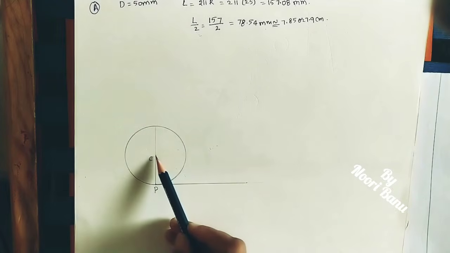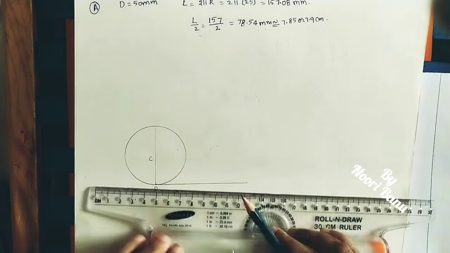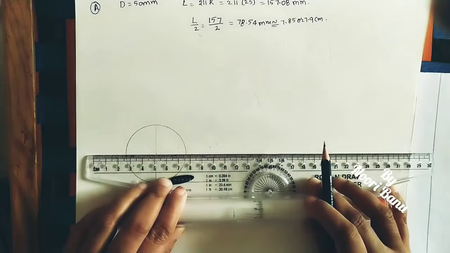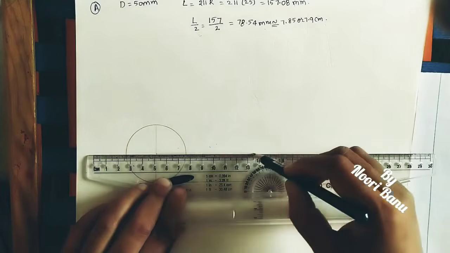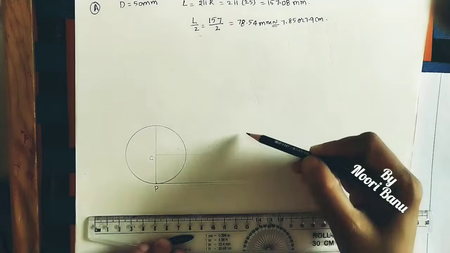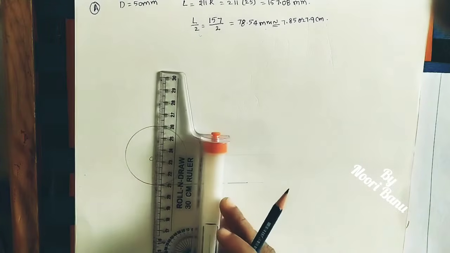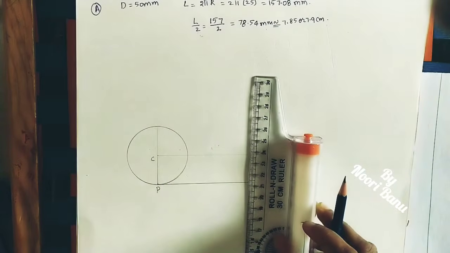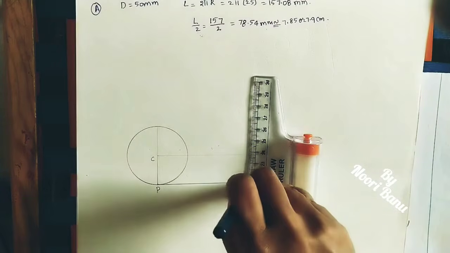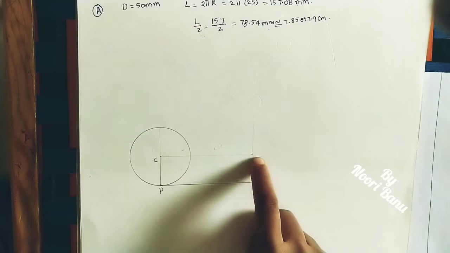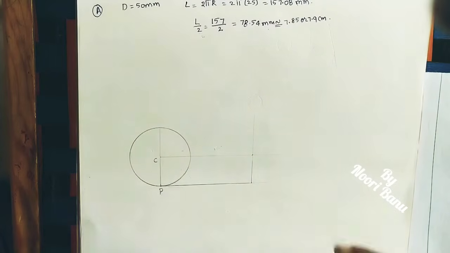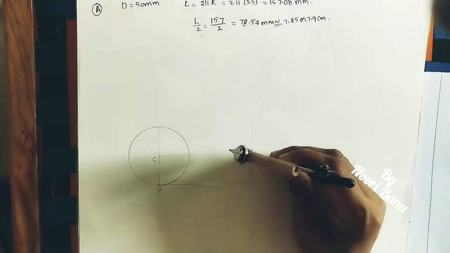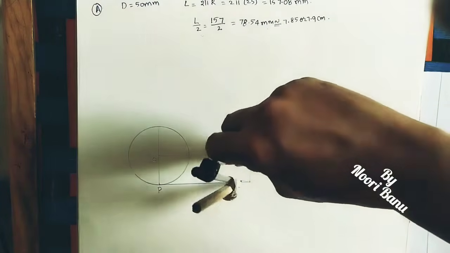Now here also at the center draw the center line. Take this as a reference line. At C draw the horizontal line. Here just mark the vertical diameter, take this as a reference line, and here also draw one line. This circle is coming from this center to this center. Here also draw the circle position. Take the same radius because the same circle is moving here. Draw one more circle here.